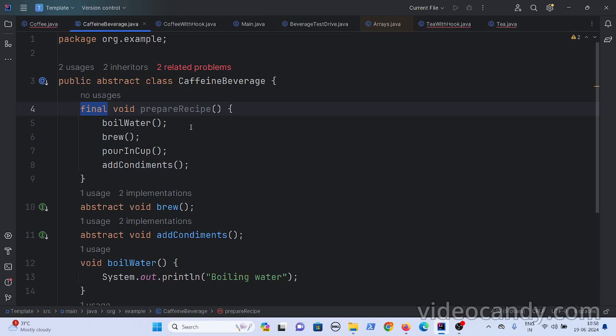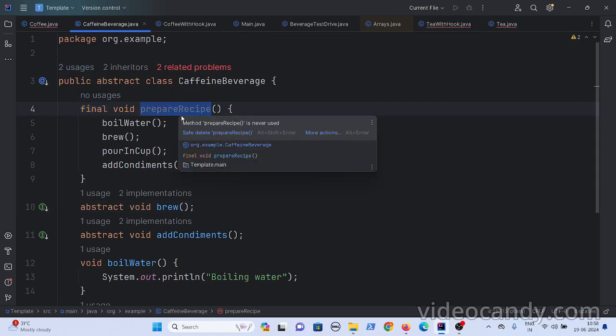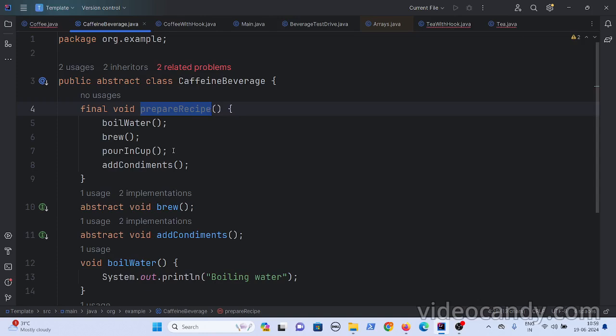Now what you have done is, you have created a recipe in the parent class and you have made it final. When you did that, your coffee and tea for sure need to follow this order. Because if you don't declare this as final, people can override this prepare recipe method and add their own implementations. But you don't want that, because this is the standard process that should be followed both for coffee and tea.